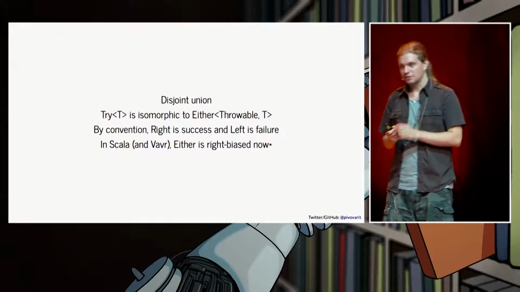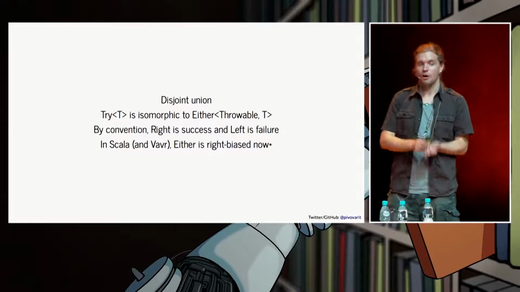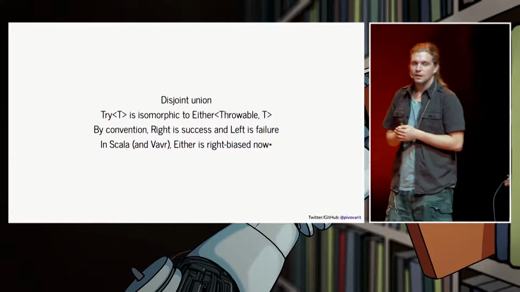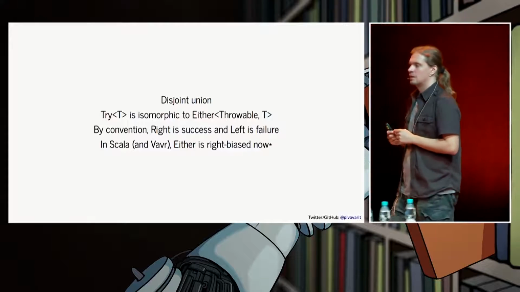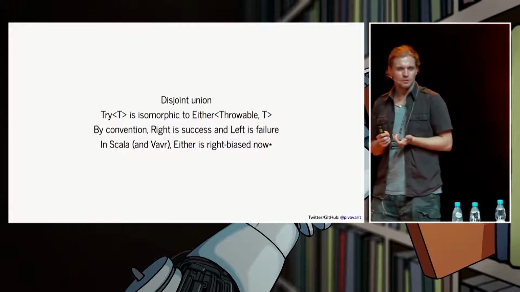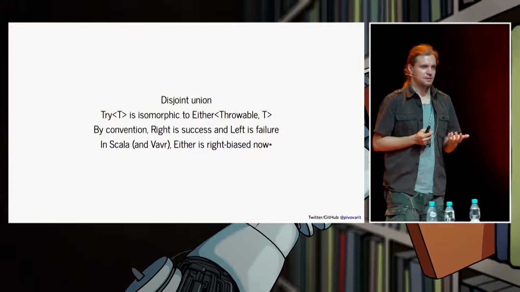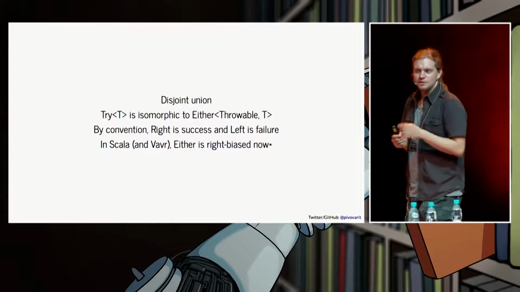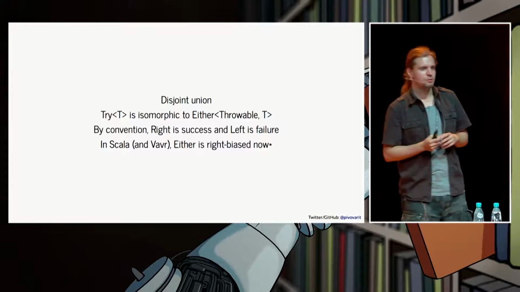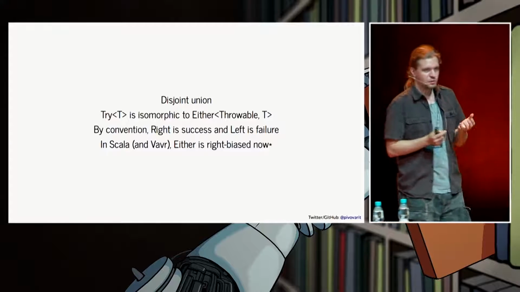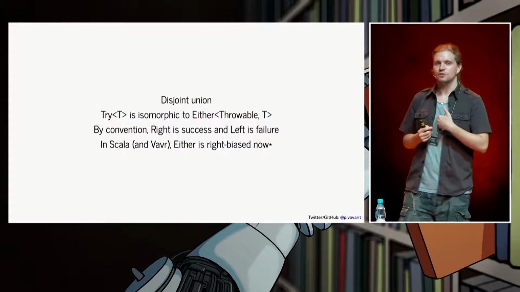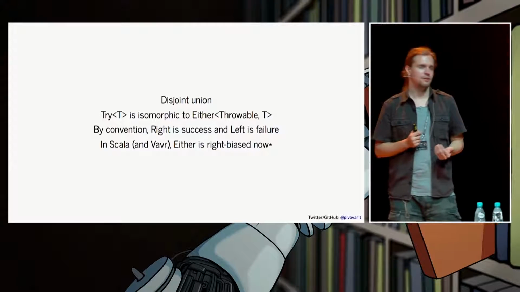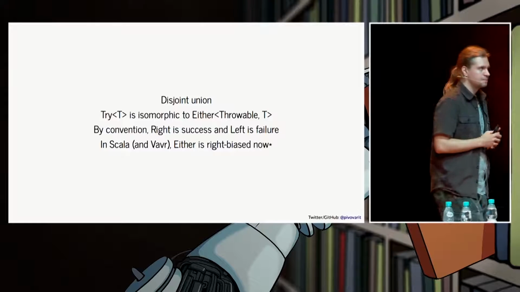So Either can hold either your result type or an exception, which is very close to a simple Try. Also, it's very important to remember that if you deal with, for example, Optionals, they are biased. They promote existence. So if you put something into an Optional and call a map method, the function passed to it will get called only if something is inside.